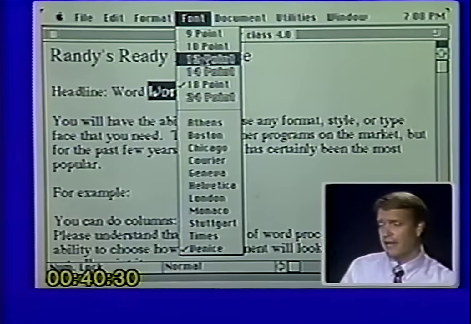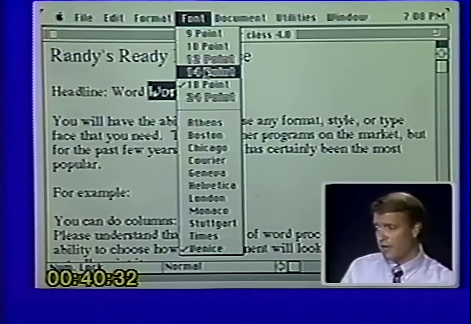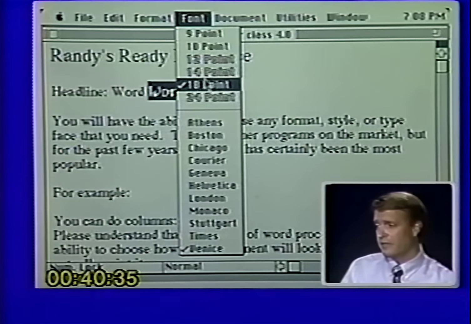So what Apple decided to do was, we're only going to install certain sizes of each font into the computer. Now, without getting too technical, and I don't want to lose anybody out there, basically what that says is some of the sizes are installed in the computer, and for others the computer has to make a version of that size. What does that mean to you? That simply means that some sizes are going to look better when they're printed than other sizes. So, to allow you to know the difference, they have outlined the installed sizes, and they have put the sizes that are not installed in solid black.